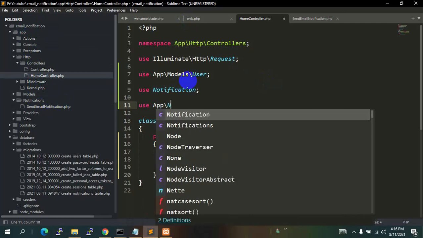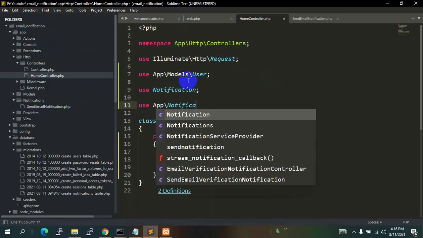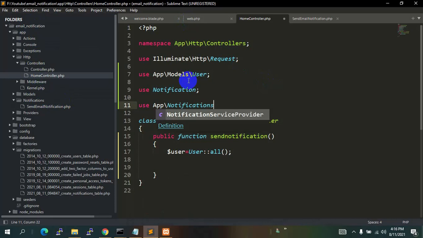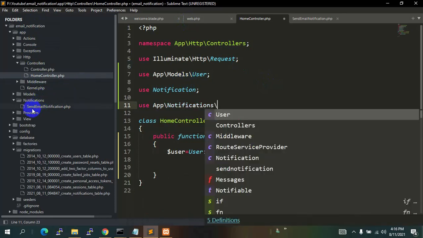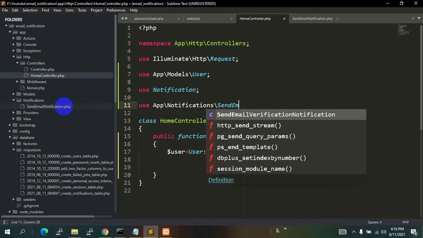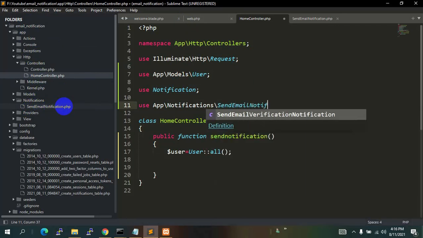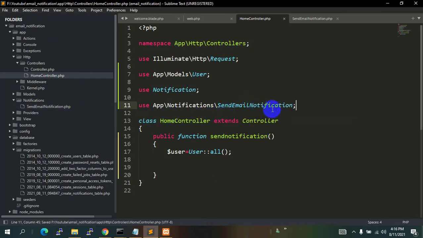So we'll say over here notifications backslash, inside this notification we get send email notification. So we'll say send email notification. So everything is done.